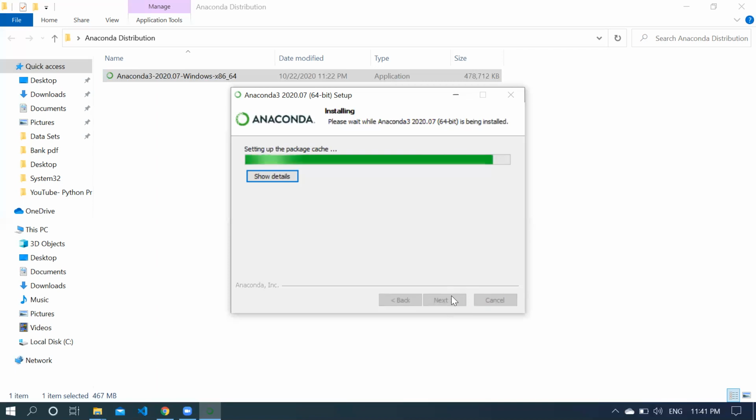In case you want to ask a question to the Anaconda community, you can go to the official web page and ask your question. One thing you need to remember while installing the Anaconda distribution: I recommend updating your operating system from Windows 7 to Windows 10. Or, in case you don't want to change your operating system, it should be at least Windows 7 Professional with Service Pack 1. That is the minimum requirement to install the Anaconda distribution, right?